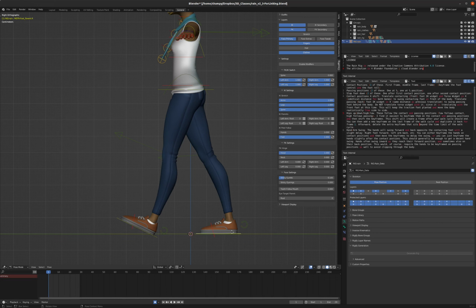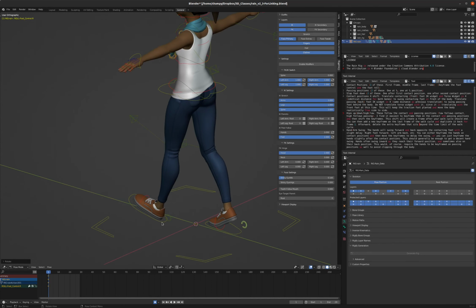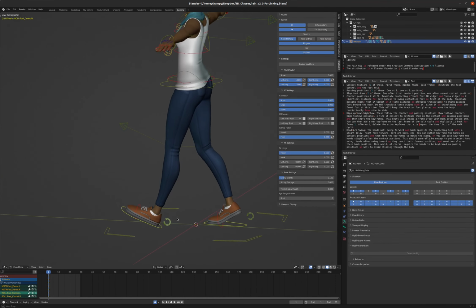So I'm going to also tap I for the rear foot, and I'm going to keyframe the foot roll controllers here as well. So tap I, and then I'm going to actually roll this one so that the knee bends a little bit. So I have all 4 of these bones, both foot parents and foot roll controllers, keyframed on